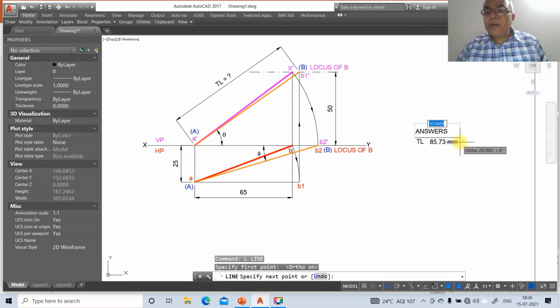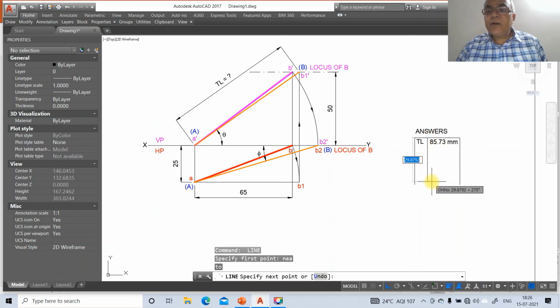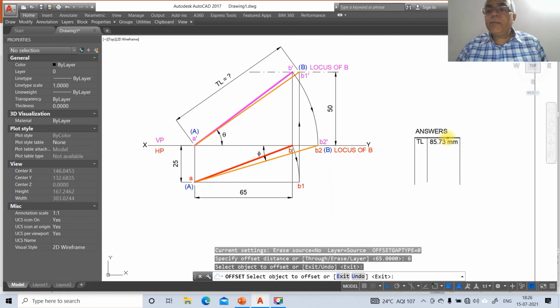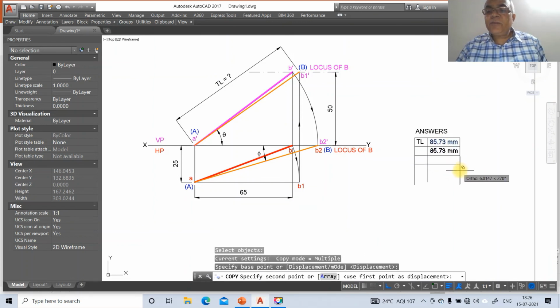So you write a one tabular column here. So go to line, take endpoint, take nearest point, and then go to offset, take the distance as 6, and then go to copy this here.